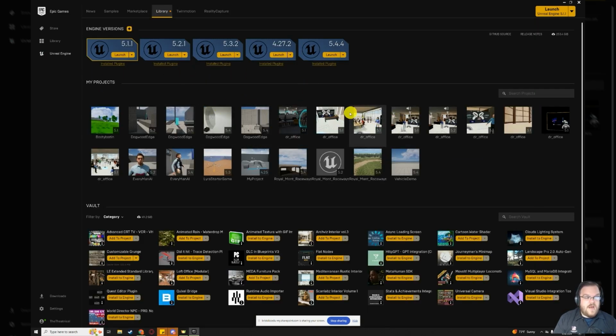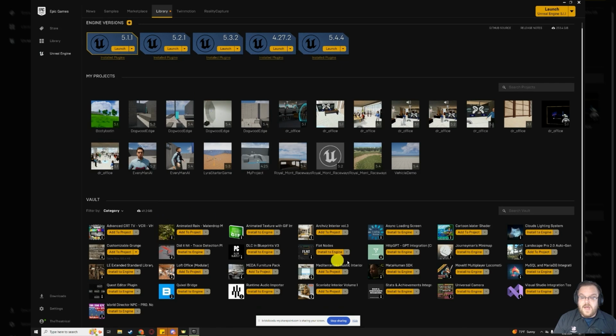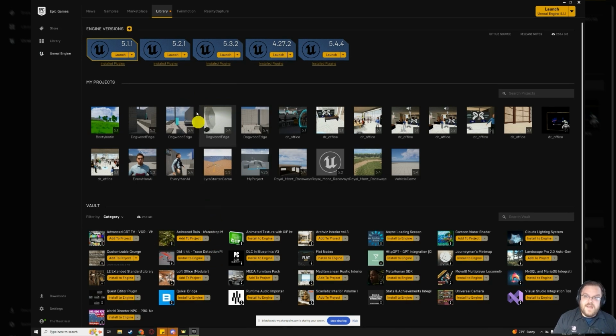It will open up the Unreal News page, and from there you'll go to Library, and here you'll see all of the different projects and objects in your vault, different add-ons, plugins, content packs, things like that you can get from the marketplace, and your different engine versions at the top here. We're currently working in 5.4.4, so you should have that installed. If you are still having problems installing it, please let me know and I can walk you through that. But from here, we'll want to click the launch button under 5.4.4. And it'll take a couple of minutes and I'll probably cut the video here. But it will launch